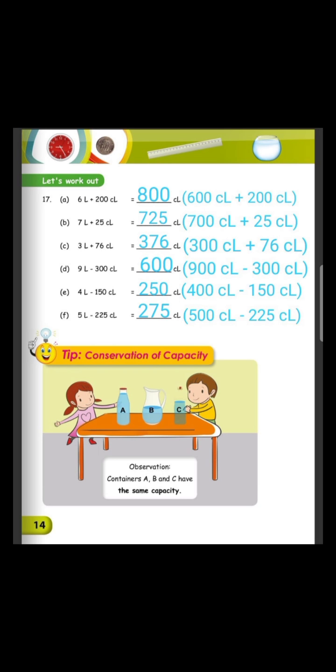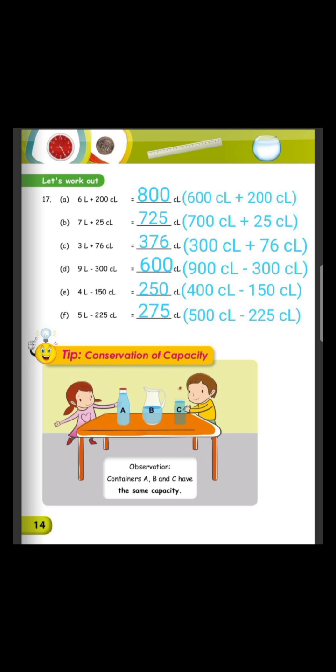So first one, part A, 6 liters plus 200 centiliters. That is 600 centiliters plus 200 centiliters is equal to 800 centiliters. Did you get the right answer? Yes, very good. Part B, 7 liters plus 25 centiliters is equal to 725 centiliters. Part C, 3 liters plus 76 centiliters is equal to